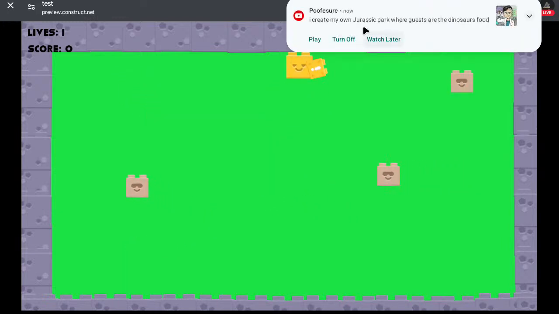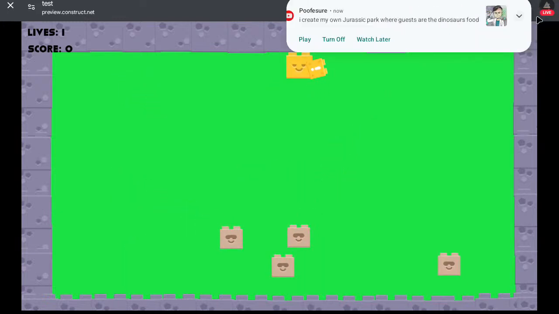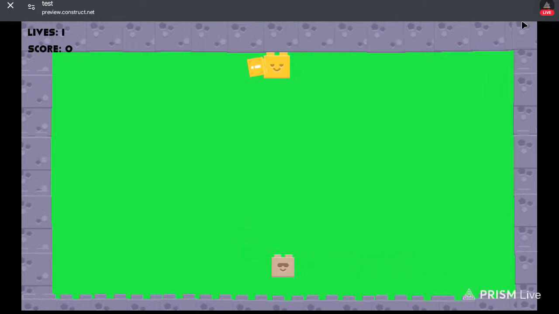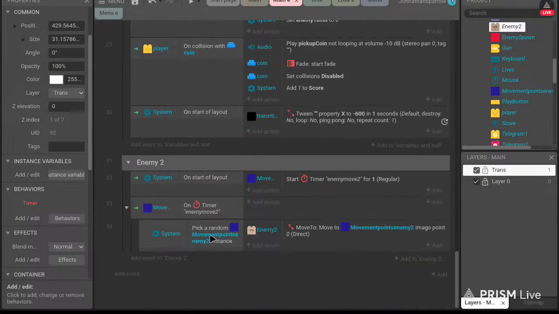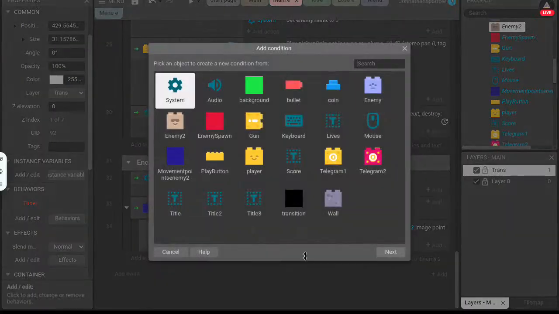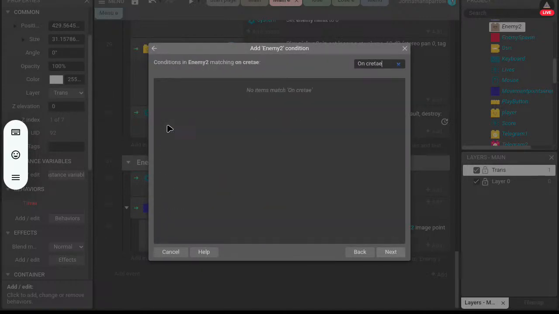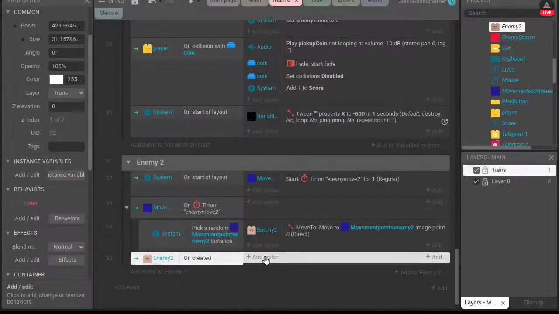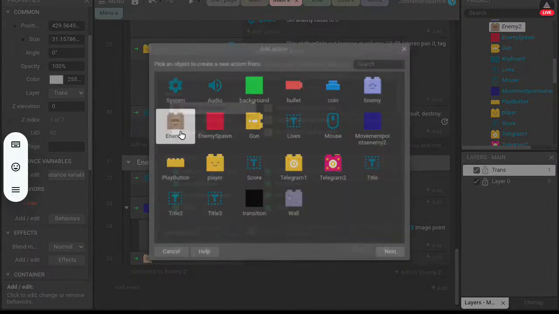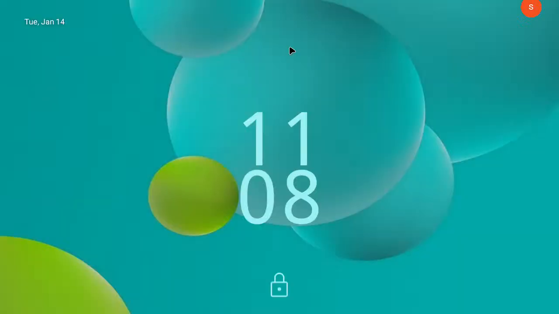It's moving in a random direction now. But my only issue is... Okay, so I'm gonna say on created set max speed. Oh, come on.